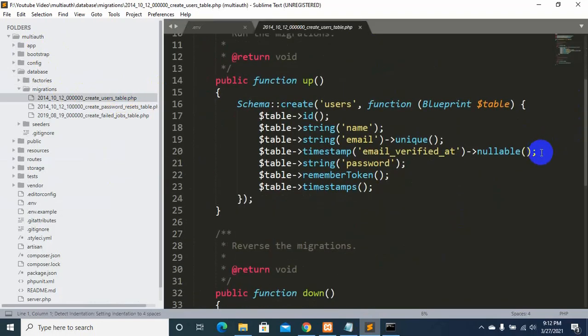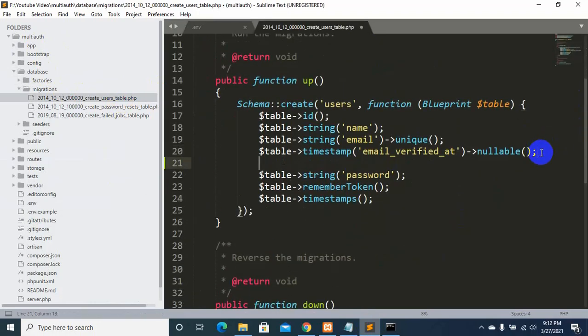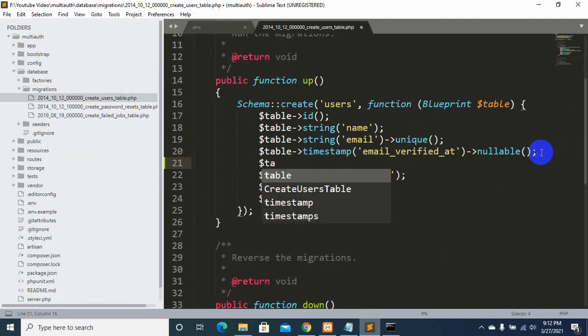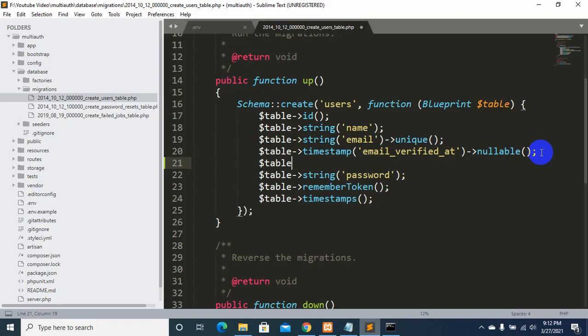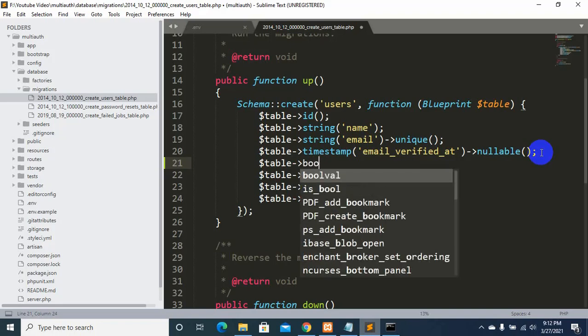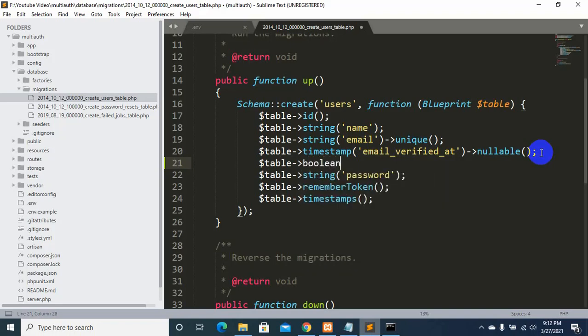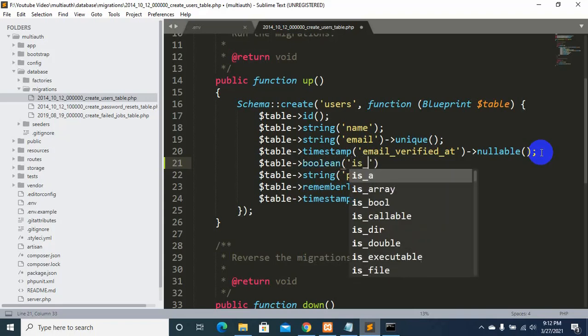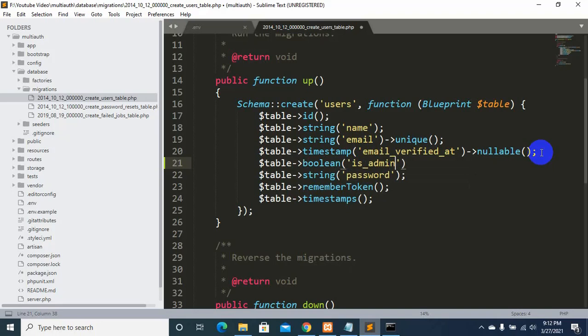and we will come over here and we'll say $table boolean, let's say is_admin. Let's give it a default value.